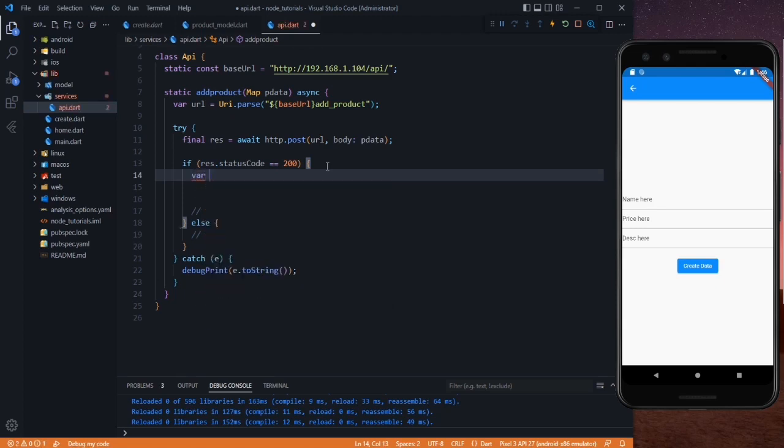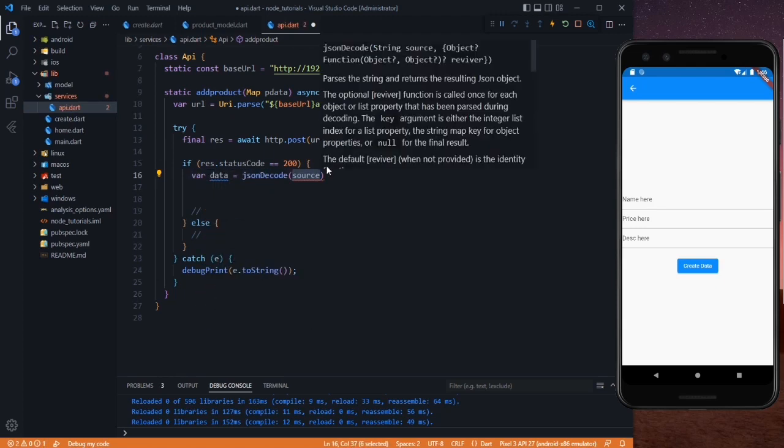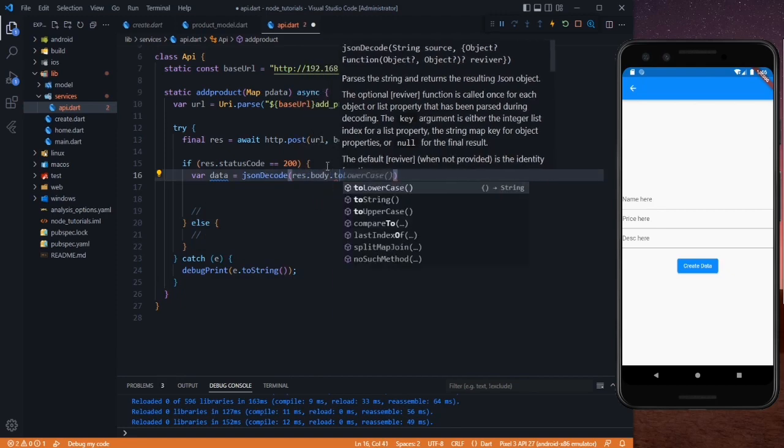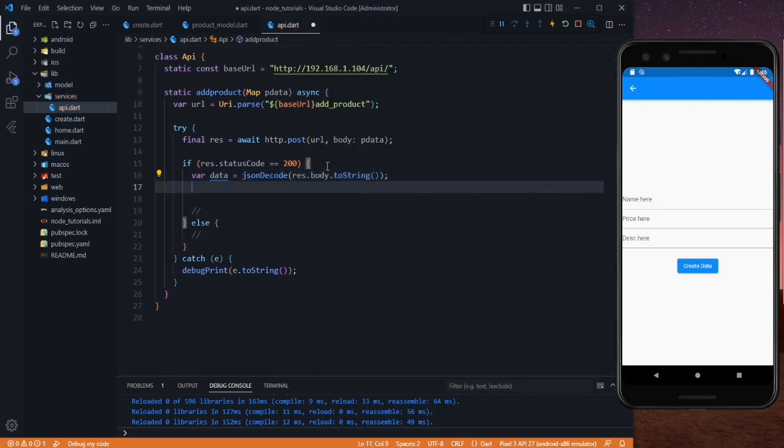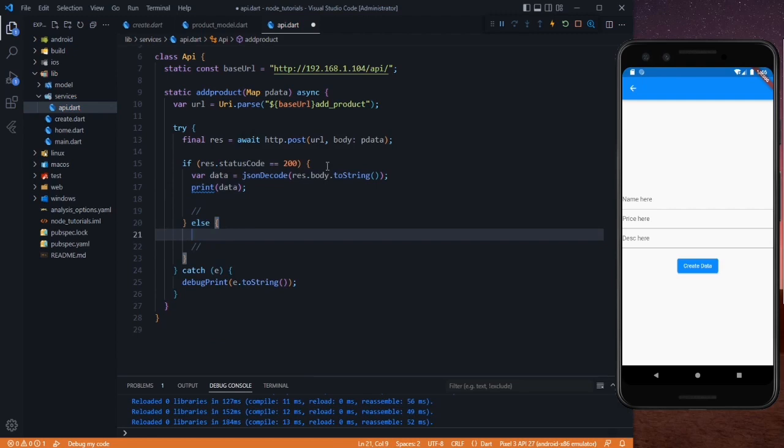So let's say var data is equal to JSON decode, and in here we need to say res.body.toString, and after that let's just print our data and save it. And if this is not the case, you can say print fail to get data, or you can say fail to get response, and just save it.